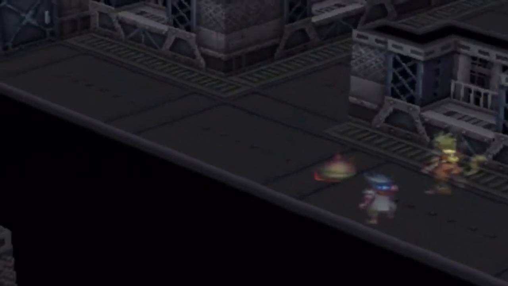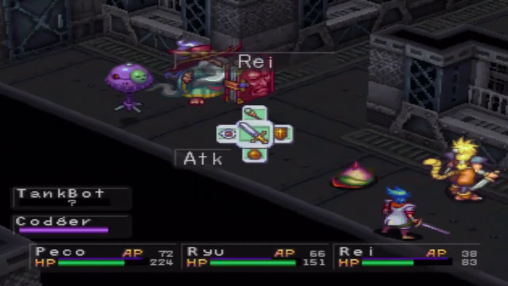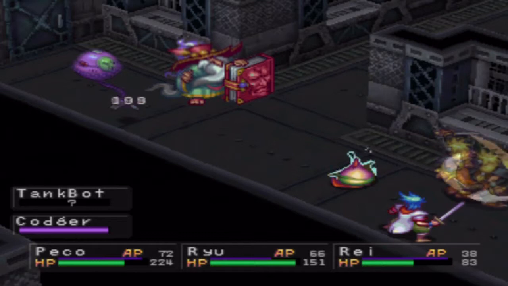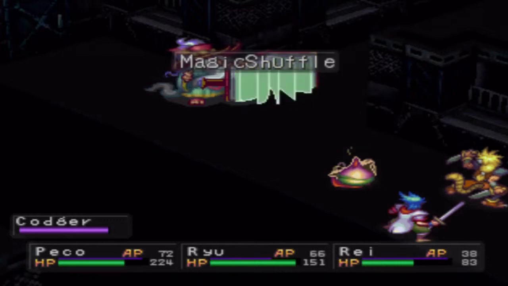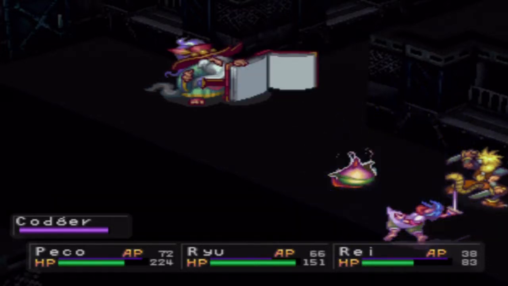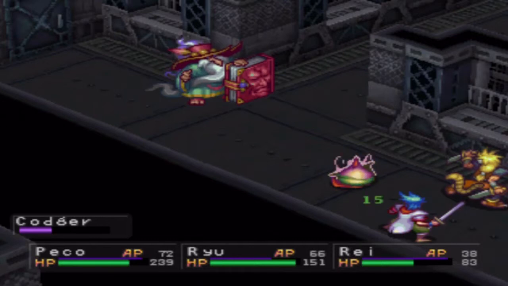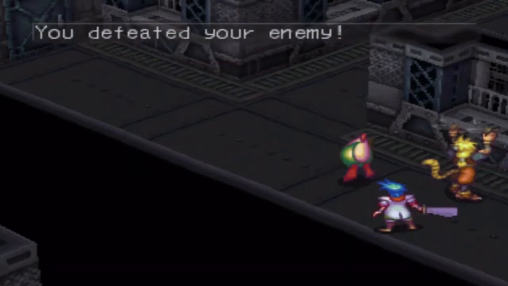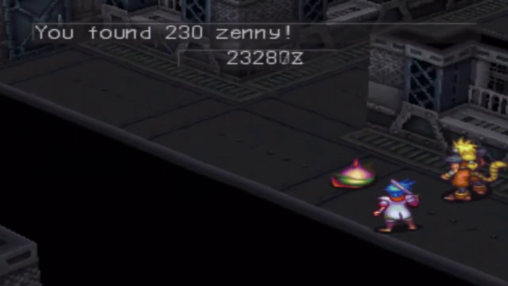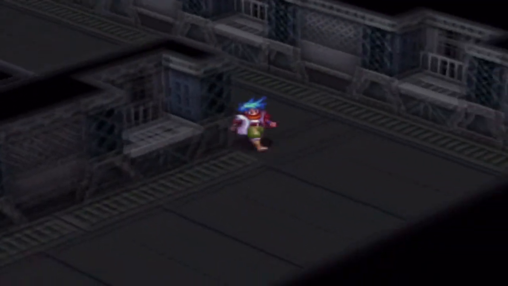So, let's go do this stuff. Apparently we're doing some stuff here. The stuff is, oh, new enemy, tank bots. They have a lot of health. But he's dead. And this is what they look like from the front. I actually like these enemies quite a bit. They look cool. I like the interesting random magic mechanic, even though sometimes they'll get Quake and break your party. You know, I might look up information about them, because I don't know if they have a limit to their skills. Well, of course they do, but...